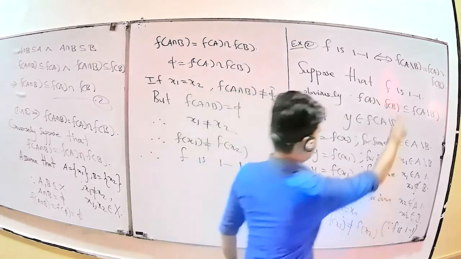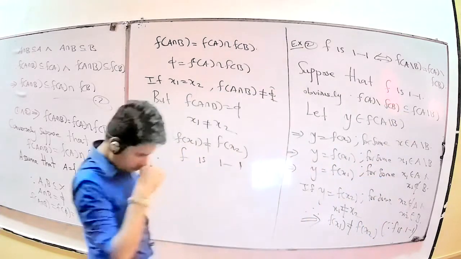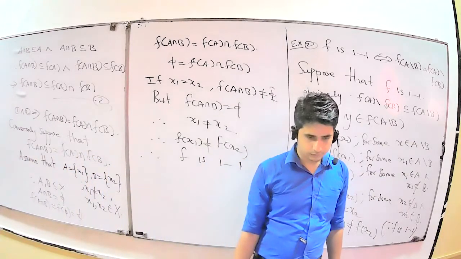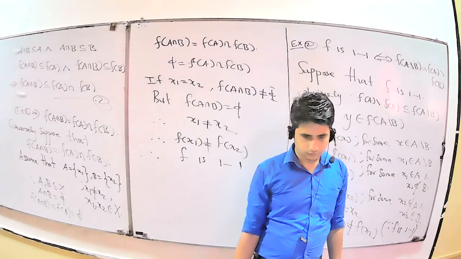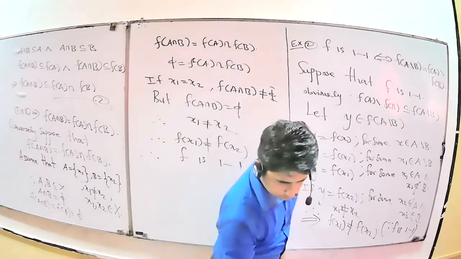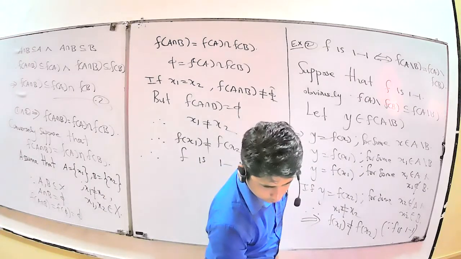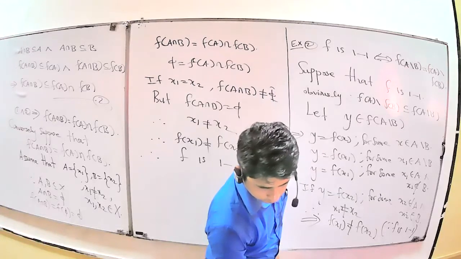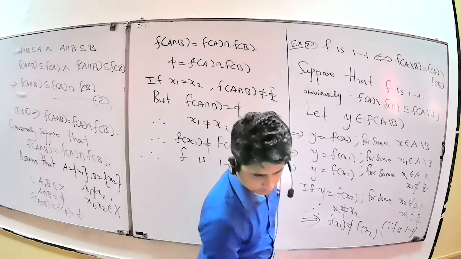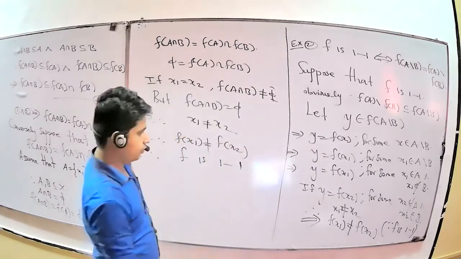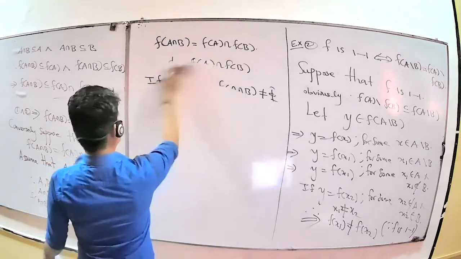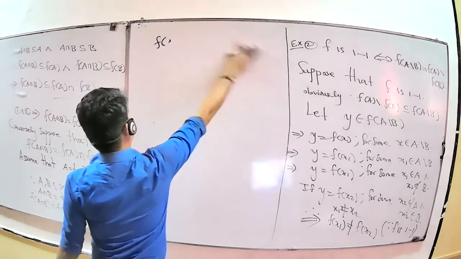We want to use the condition that f is 1 to 1. Okay, f is 1 to 1. Now f of x1 not equal to f of x2. Suppose f of x1 not equal to f of x2 means,